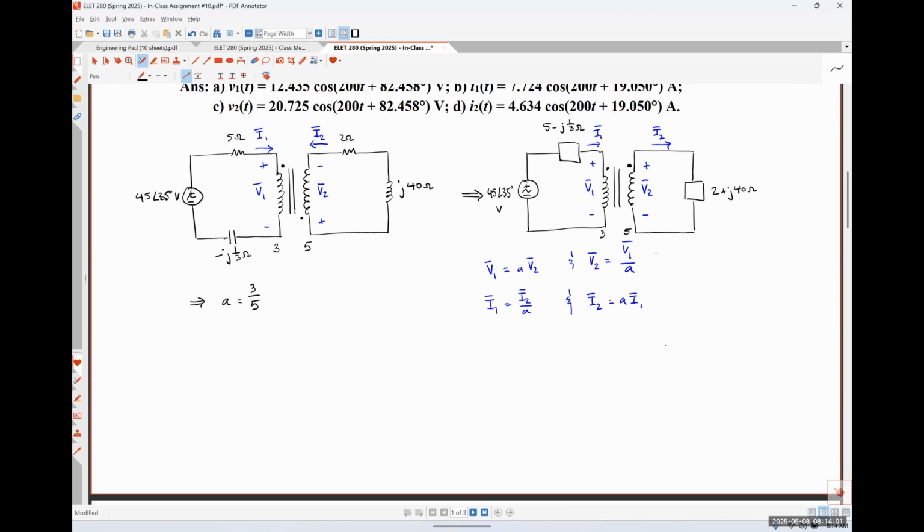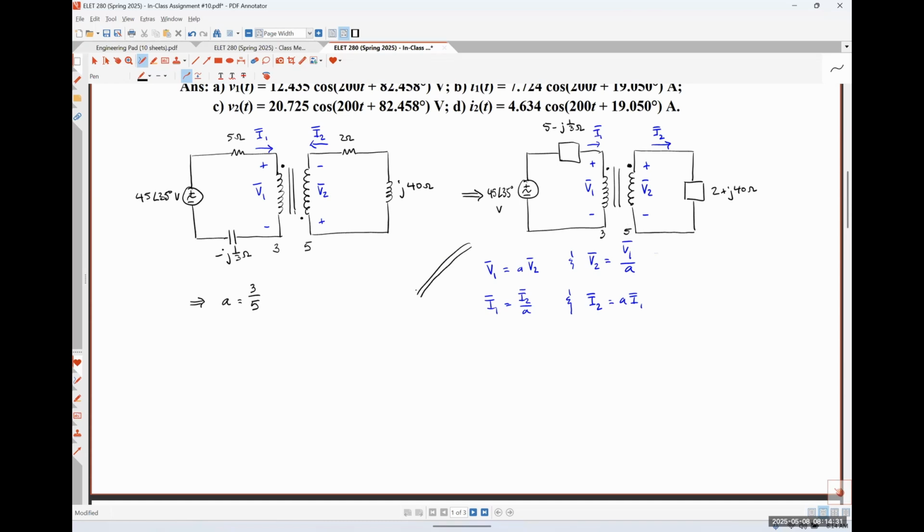We can either refer that secondary impedance of 2 plus J40 over to the primary side, or we can refer that voltage source and that 5 minus J 1/3 ohm impedance over to the secondary side. To me, I would tend to refer the secondary impedance over to the primary side just because it's less work, okay? So essentially,